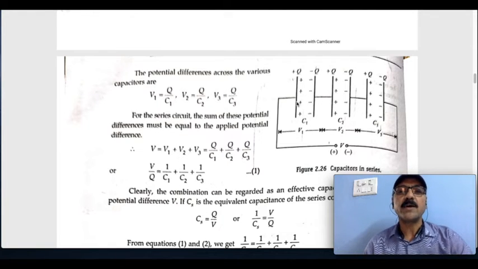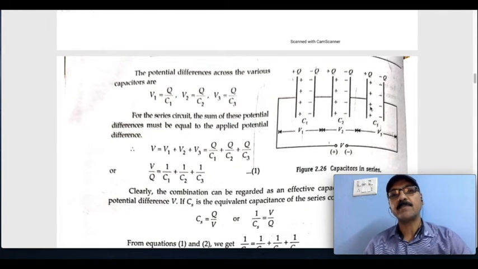If positive charge is given to the first plate of the first capacitor, then due to induction, negative charge is induced on the nearer surface of the second plate of the first capacitor, and positive charge goes to the outer surface and passes to the first plate of the second capacitor. A similar process happens in the third capacitor also. So the first plates of all three capacitors have positive charge, and the nearer surface of the second plates have negative charge, due to induction.